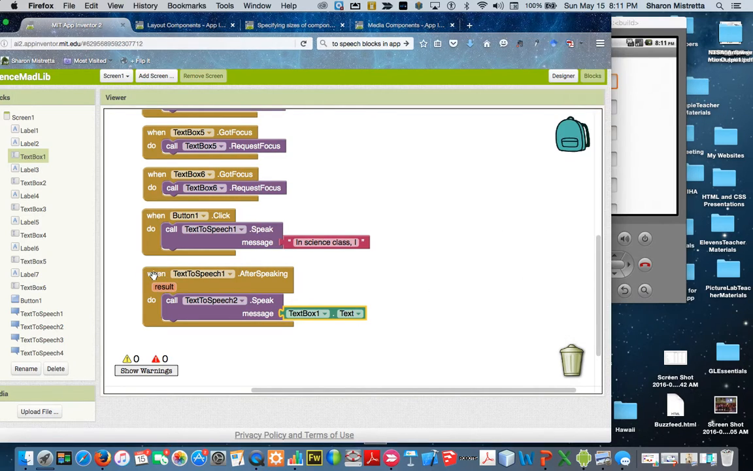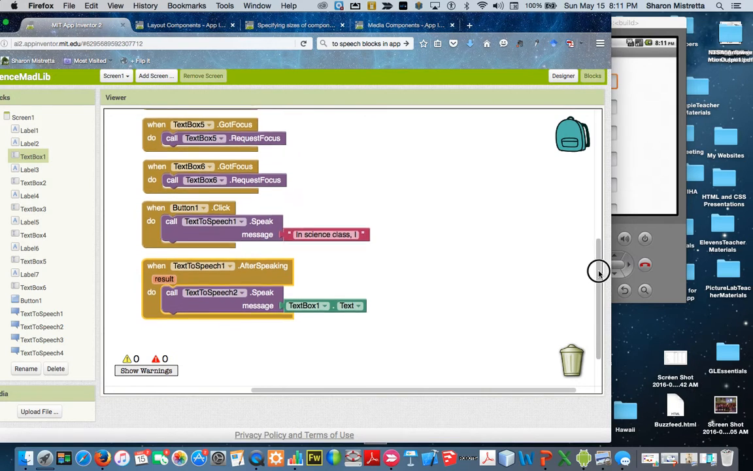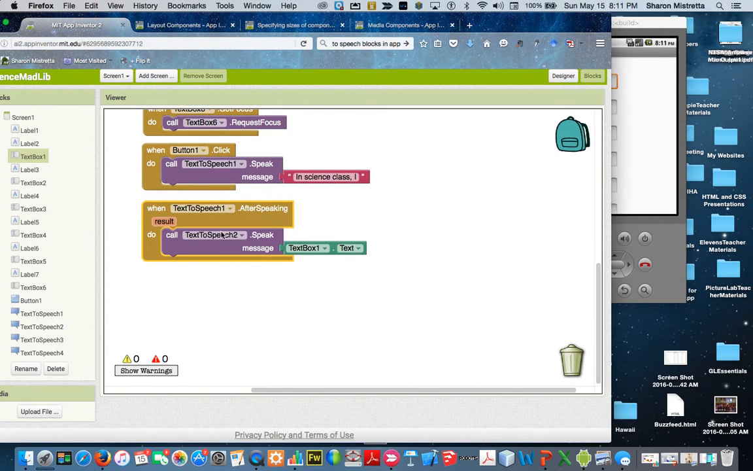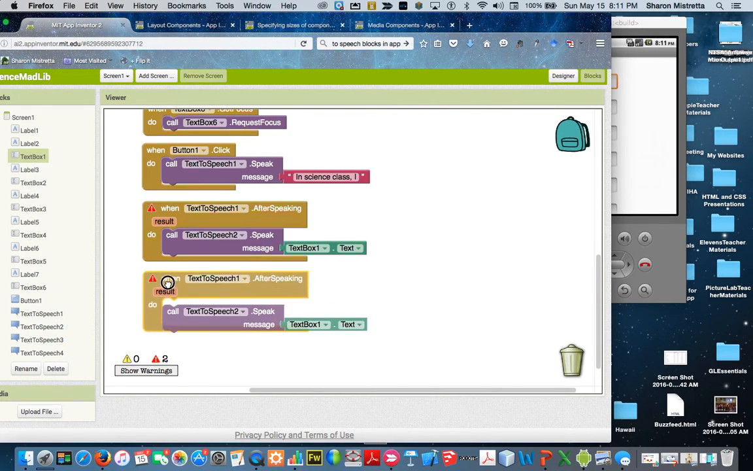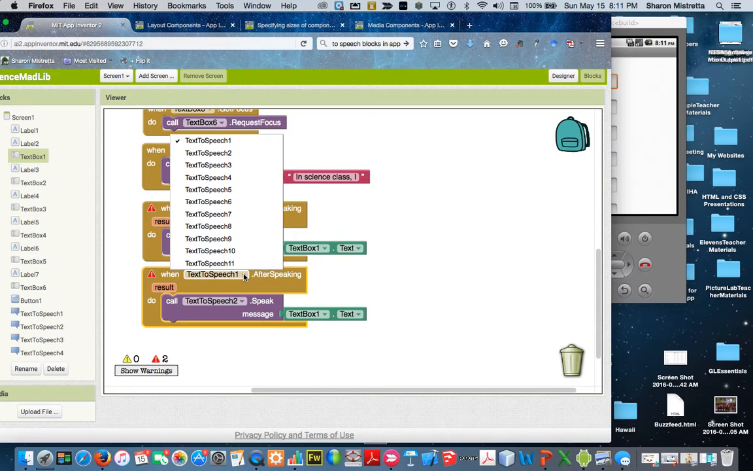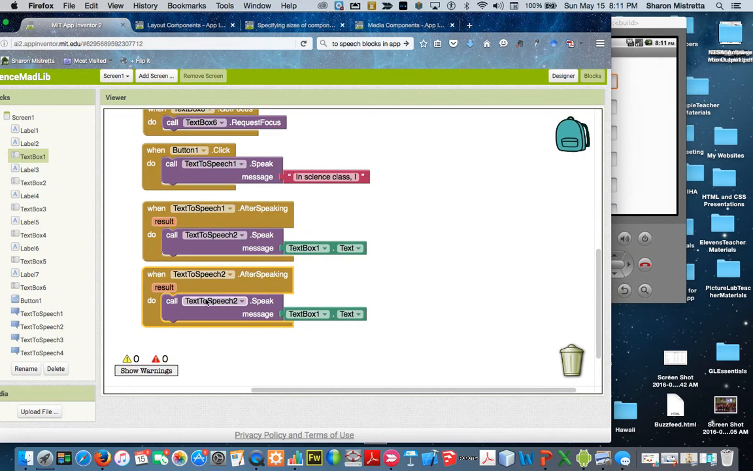Now here, using the copy and paste, you are able to just copy this unit down, but then change what it's going to do. So after this, what I want to do now is include a block that says when text to speech 2 is done, it's after speaking. So I'm going to copy this whole thing, and I'm going to paste it right down here. Now, when text to speech 2 is done,